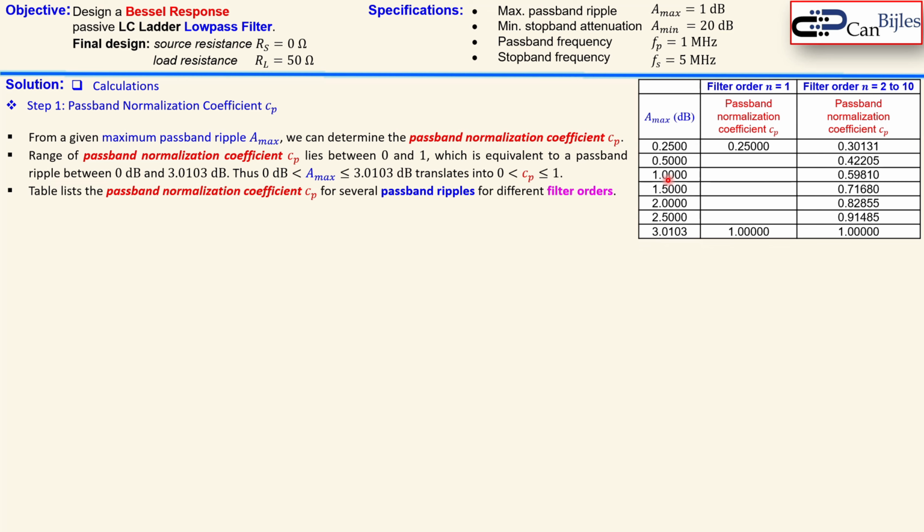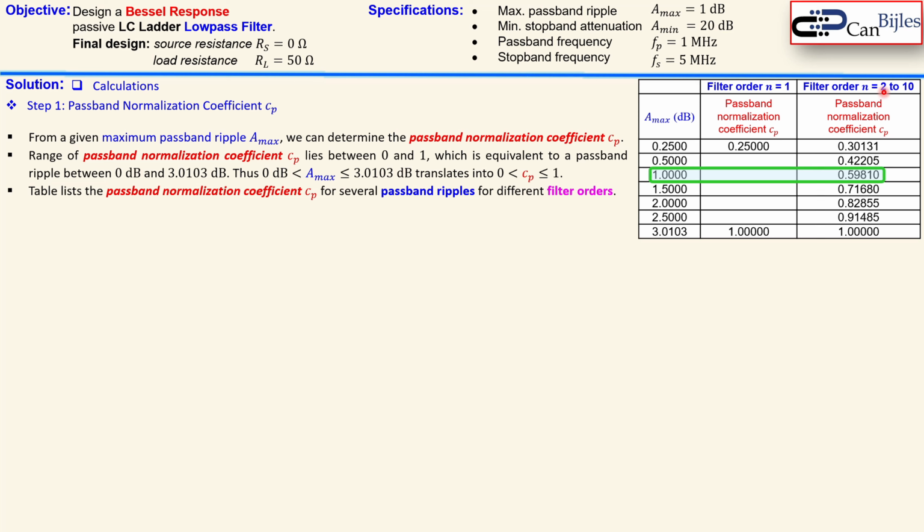You see here several values for A max. For filter order 1, you have these values, and for 2 up to 10th order, you actually see these values. So what do we need here? Now, in this case, we need an A max of 1 dB, and that requires, actually here you see that 0.59810. That's the value we need as the coefficient for this passband normalization,